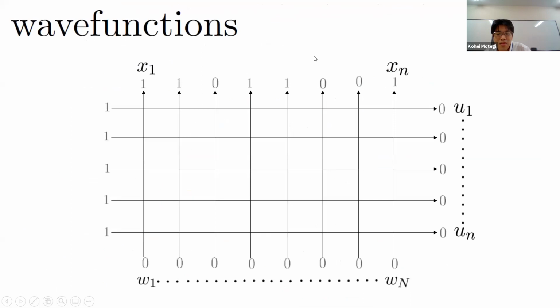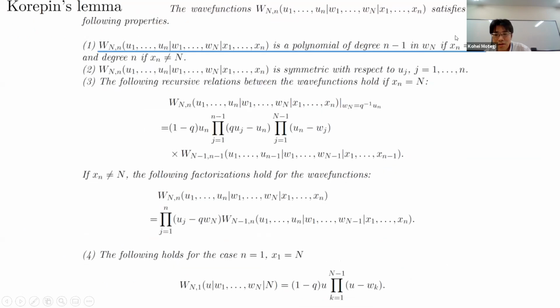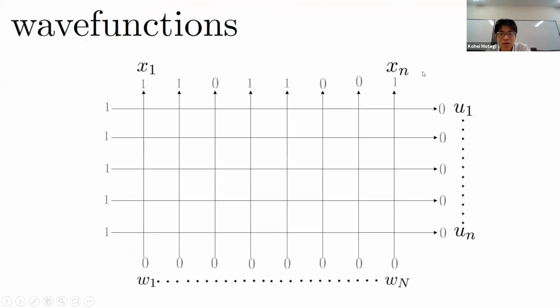We are now considering the case when small n is equal to large n, and so it's like this. So the rightmost one is on this rightmost column. Okay, so in this case,